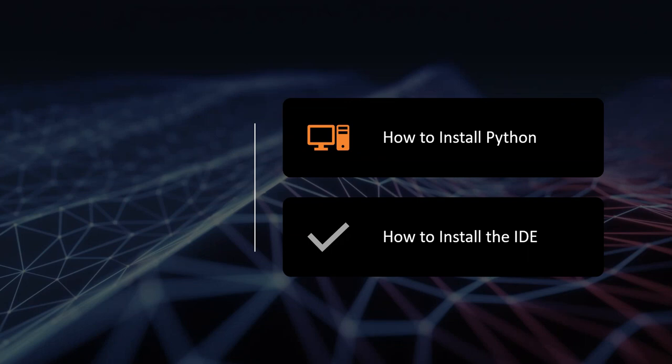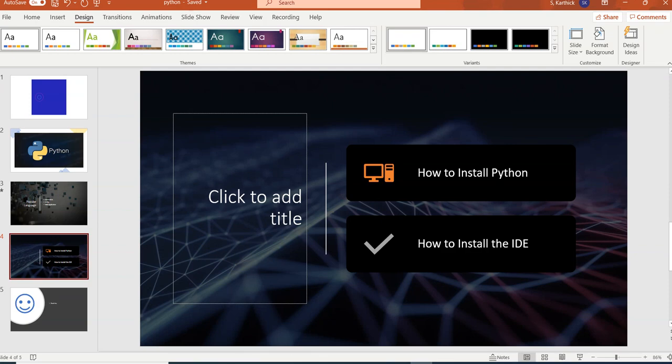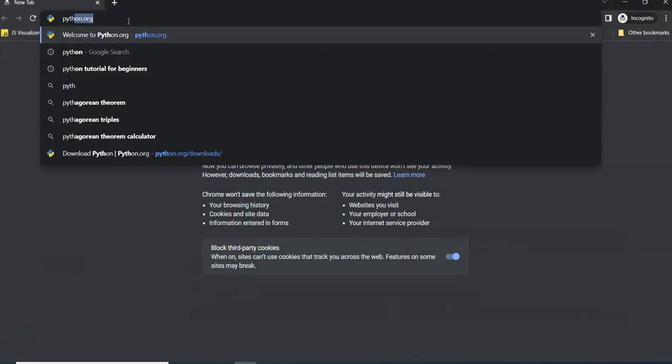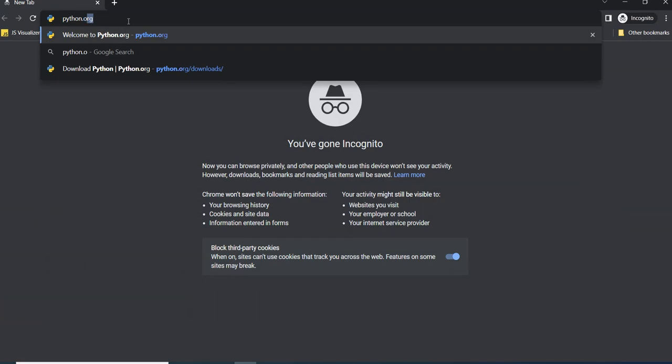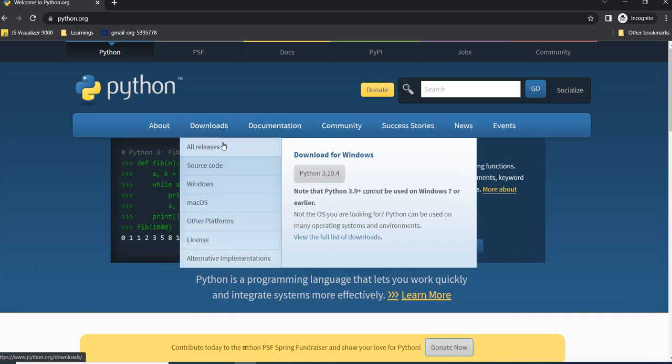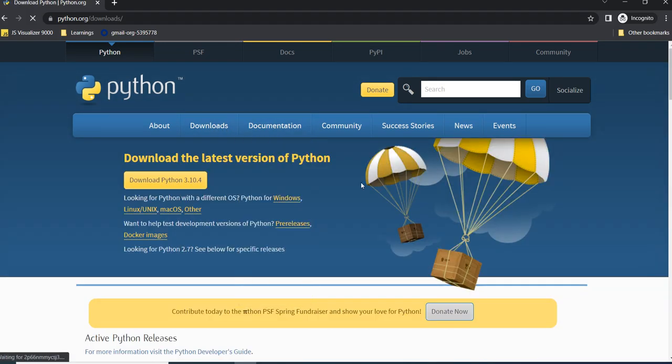First thing we want to do is open the browser to download Python. For that, we have to go to python.org. Here you can see the latest version of Python in the downloads section. Here the latest version is